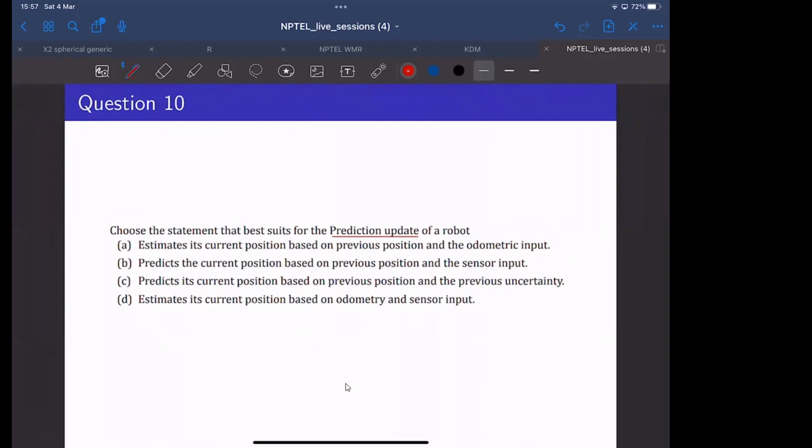So is that correct? So that is correct, right? If we have a previous position x_{t-1} and the new position x_t, just with the odometric control input u_t,